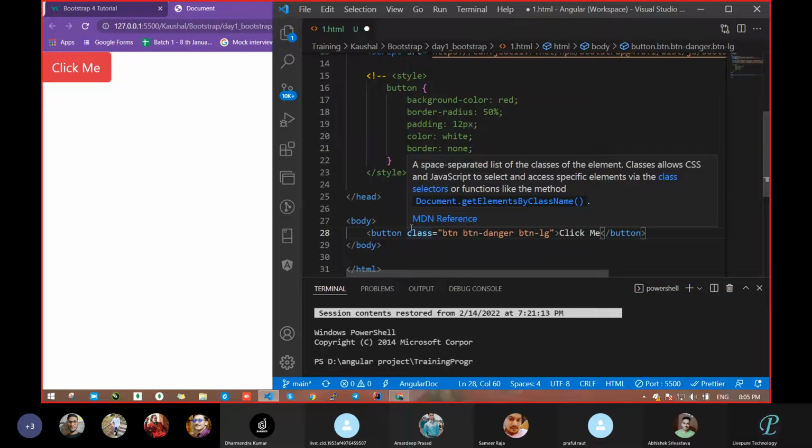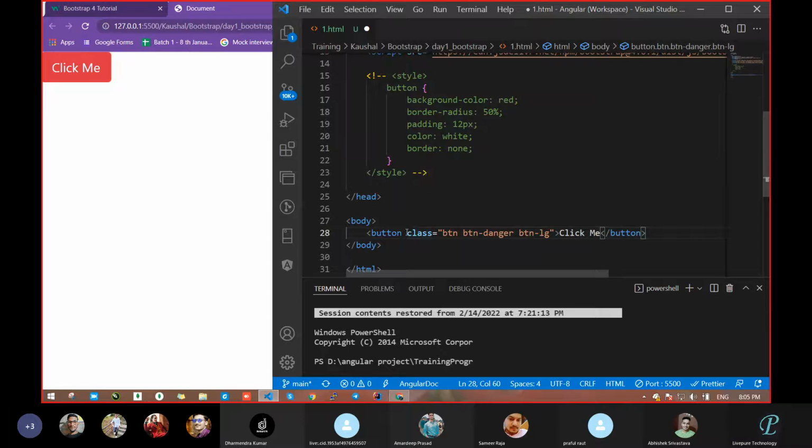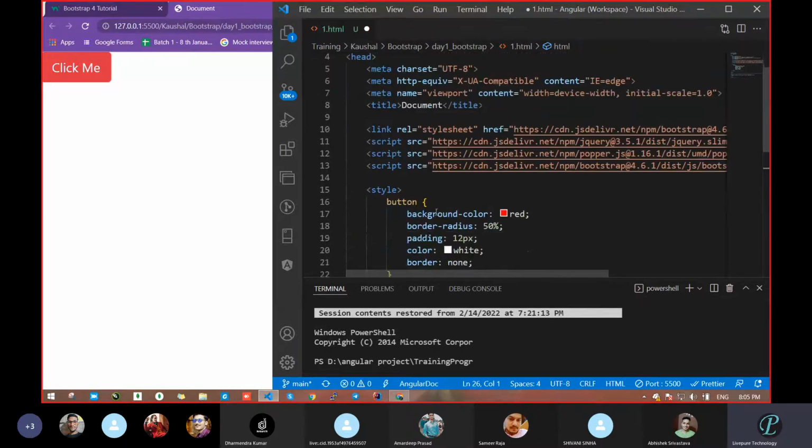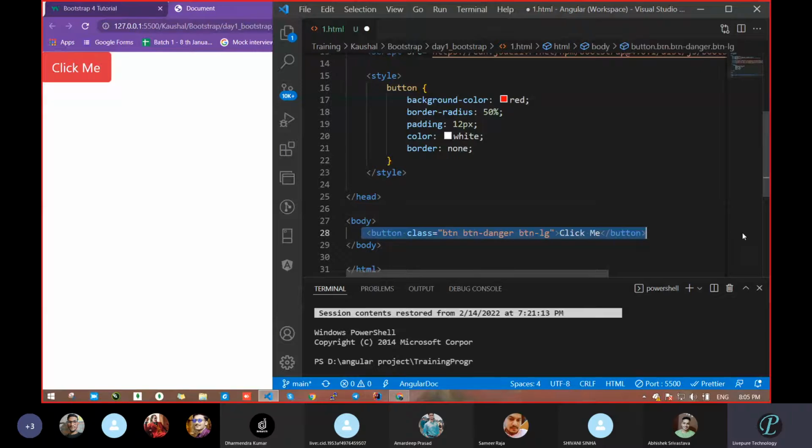At least, Shivani? How many lines of code would you have to write if you want the same thing with the help of CSS? Sir, 4, 5. At least 4, 5. That's fine. So at least, just imagine that this many lines of code you have to write for that purpose. Okay, means in total how many lines of code are in your complete file? This one will be one line, that is your HTML, and this style becomes 4, 5 lines, means in total 6 lines.